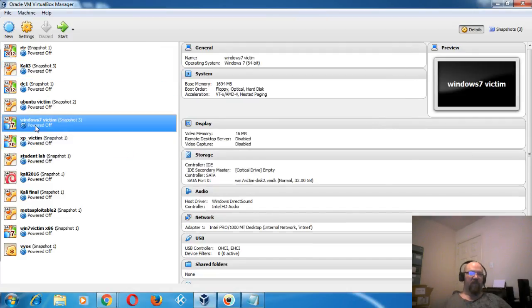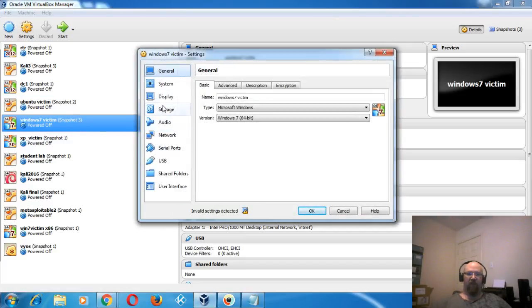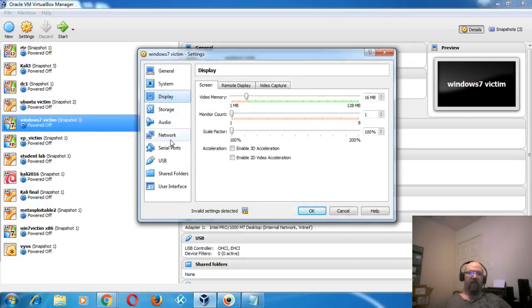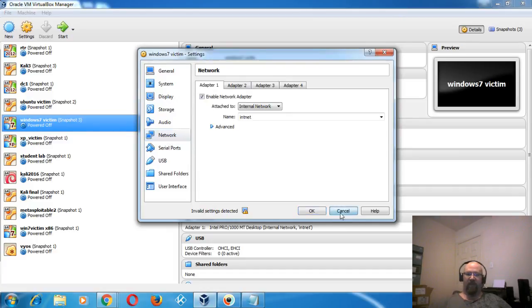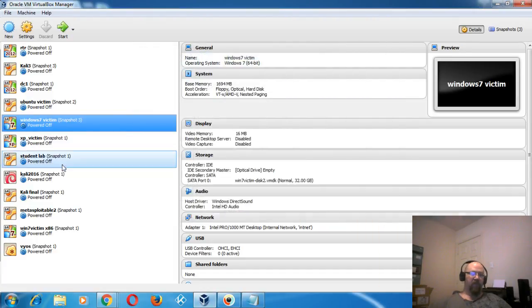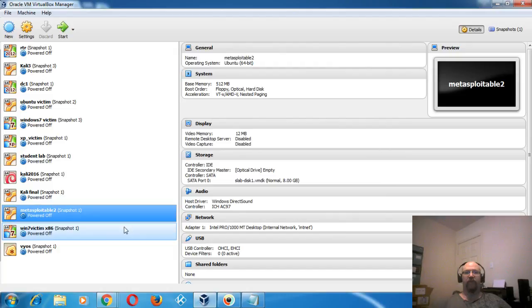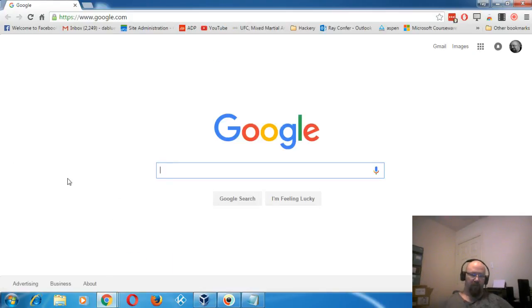Let's see here. Windows 7, another one. This is typical. Same setup as the Server 2012. Really haven't changed anything there as well. So same thing. Display, network, all that stuff is exactly the same. Now there is one here like the Metasploitable 2. If you go to a website called VulnHub,